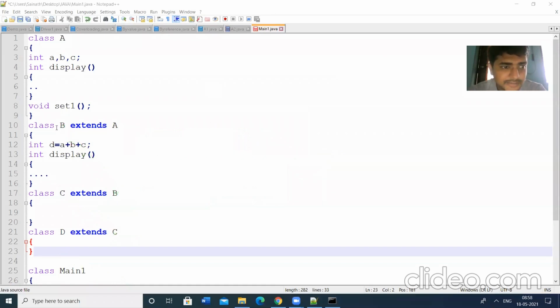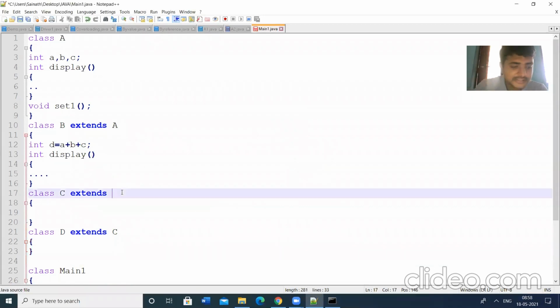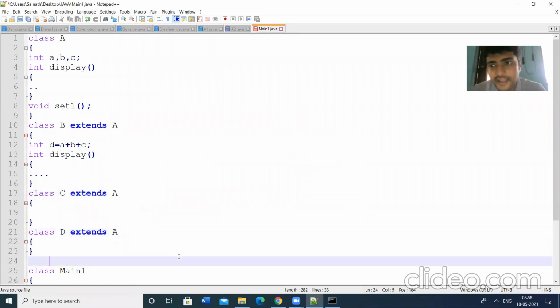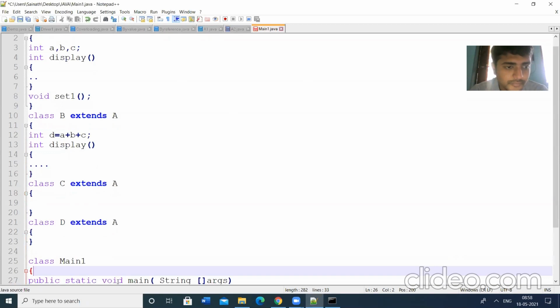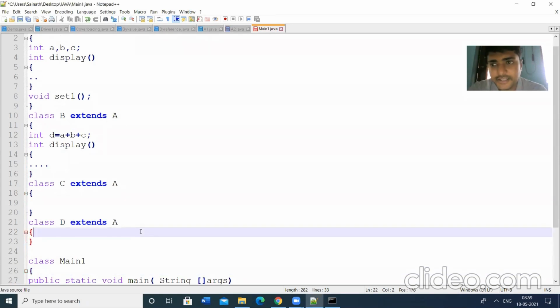Hierarchical inheritance means class B extends class A, class C also extends from class A, and class D also extends from class A. So this is called hierarchical inheritance. All the subclasses are inherited from base class A. These are the different types of inheritance.